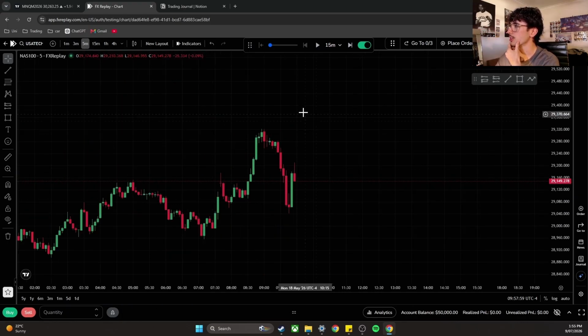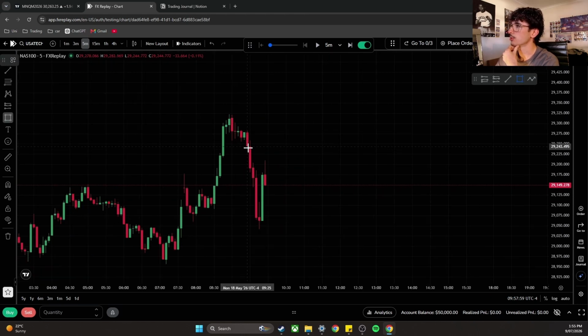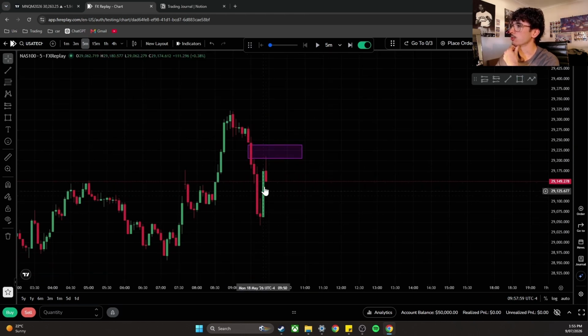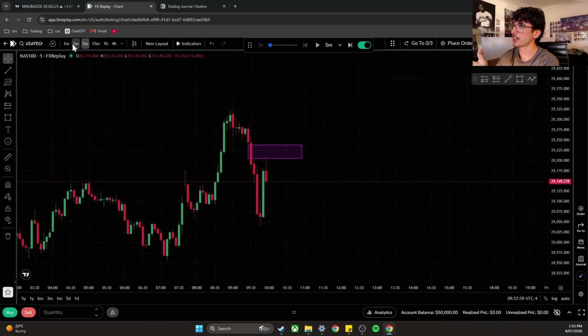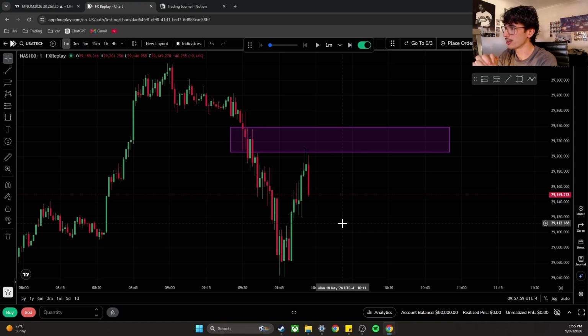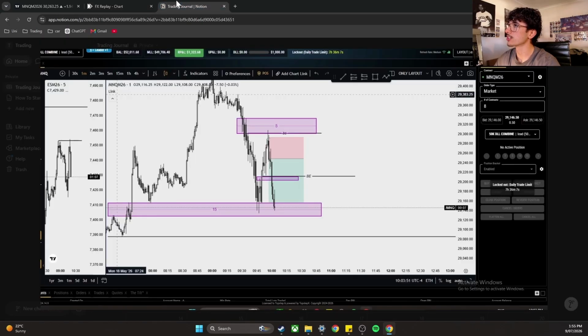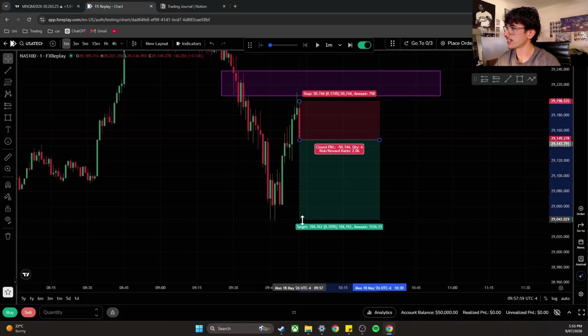And then my entry was about 20 minutes into market open. Price dumped down, and then it retraced back up. We pushed into this 5-minute fair value gap. I saw that we are definitely going to be bearish. I'm not expecting any sort of bullish movement. So I took an entry off of this, stop at this high, and my take profit was down at this